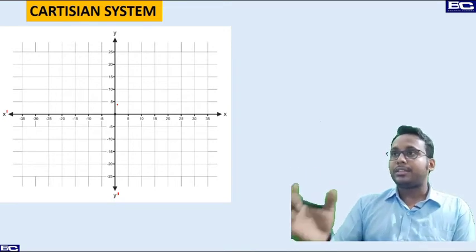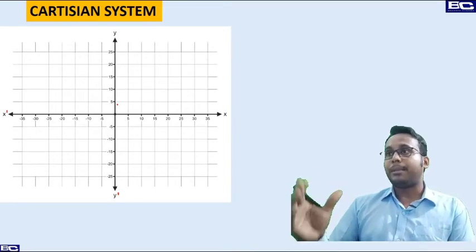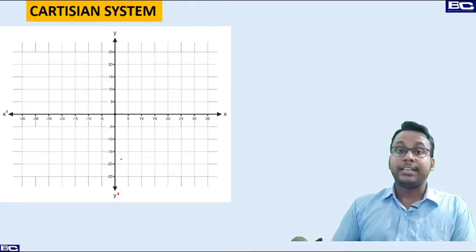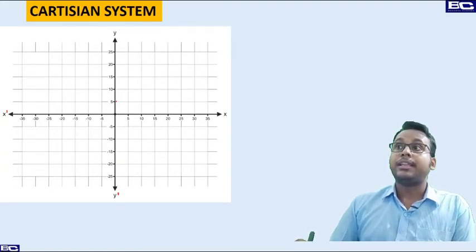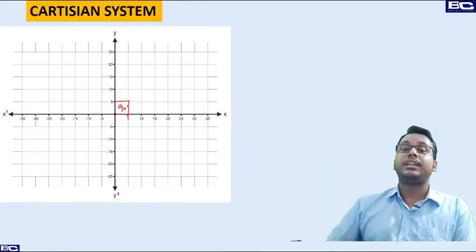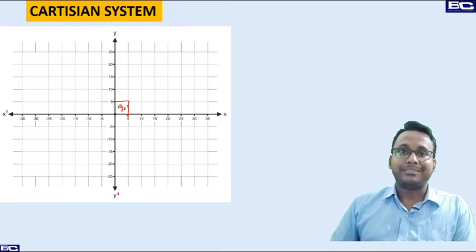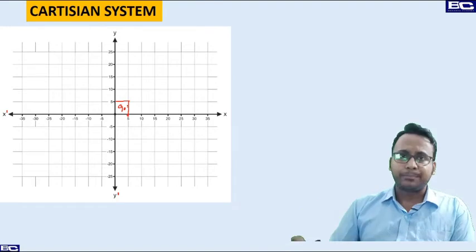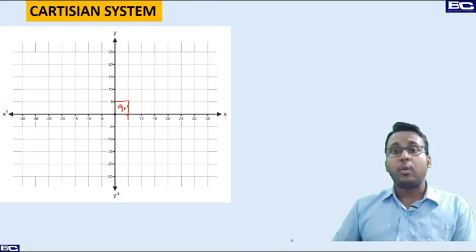One extra thing we have done on the same paper that you have is to draw these two number lines one over another in an intersecting manner, and the angle must be 90 degrees. This angle must not be anything other than 90 degrees. If this happens, then that plane will be converted into the Cartesian plane. This is a coordinate plane, Cartesian plane, you can say either. It has simply been converted into a coordinate plane.